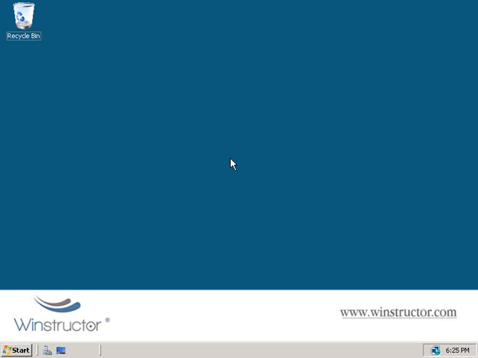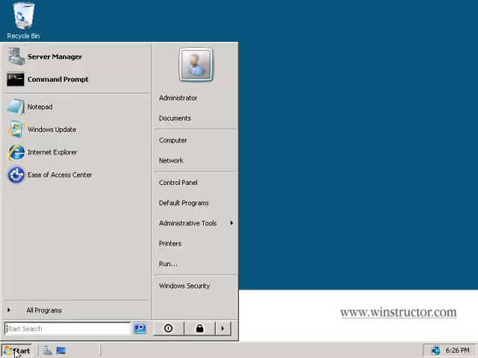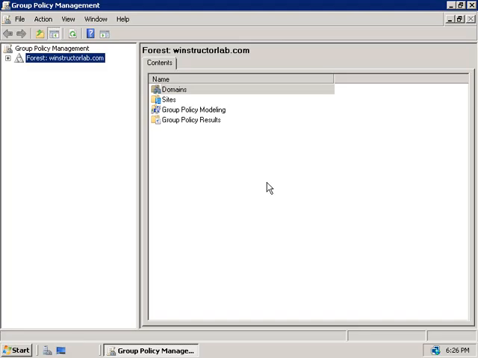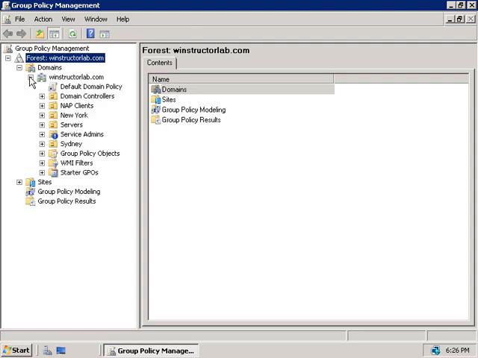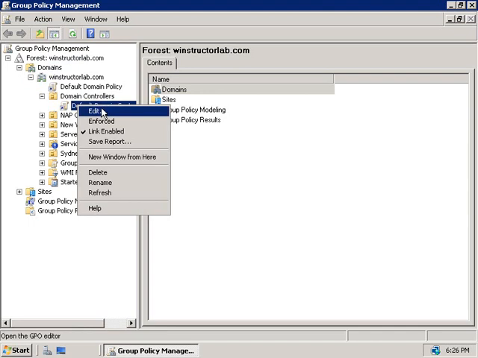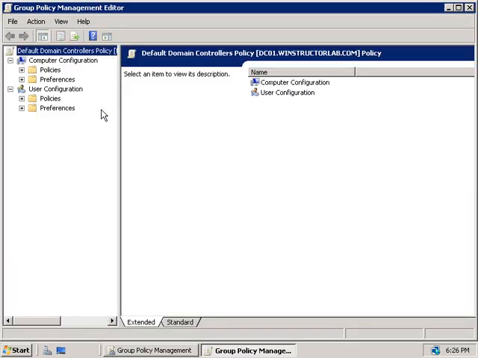Windows 2008 domain controllers are protected against man-in-the-middle attacks by requiring data sent between two hosts to be encrypted, but for any communication occurring that isn't on a domain controller, the default is to not encrypt it. So if we click on Start and we go to Administrative Tools and then launch the Group Policy Management Console, on the left we'll expand our forest, and then we'll expand domains, and then we'll expand our domain, winstructorlab.com, and if we expand domain controllers and then right-click on our default domain controllers policy and choose Edit,